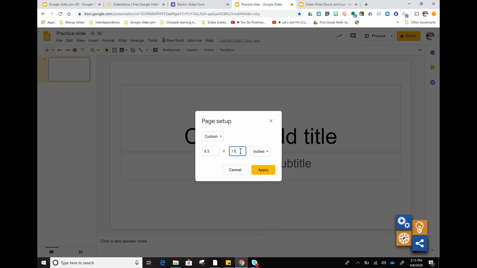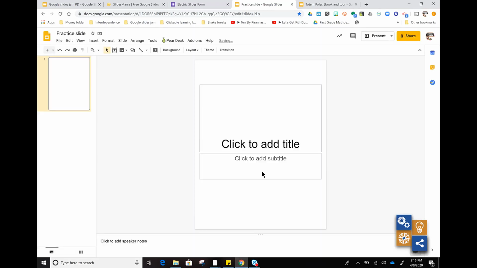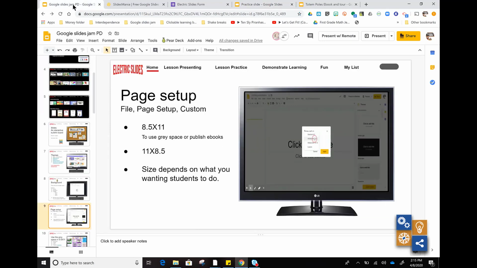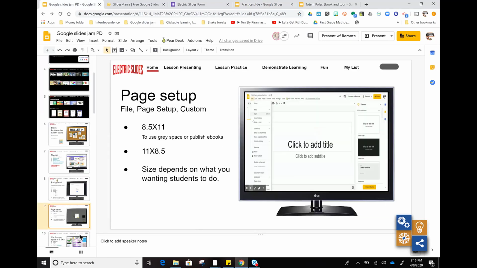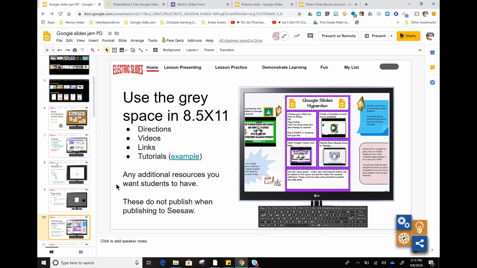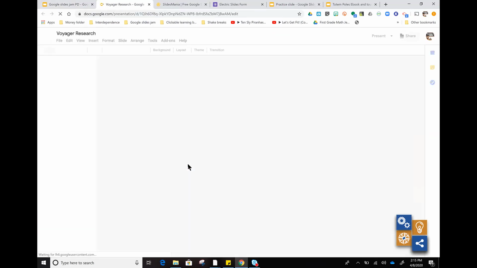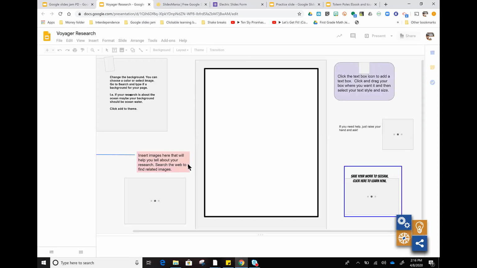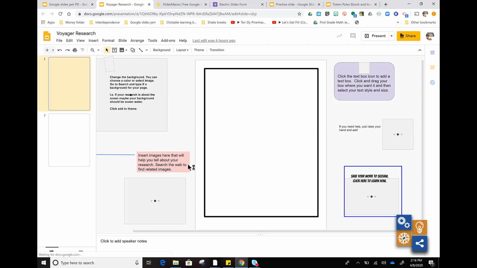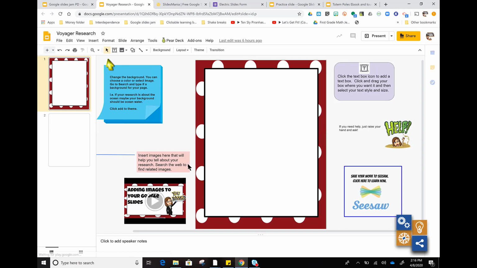And there's a really good reason why I love to use this feature. You'll notice on the sides of my slide there's a lot of space. Well, guess what? You can use that space. So let's hop back over here and take a look at an example of that. The size really depends on what you're wanting to do. But when I use that 8.5 by 11 and I have all that gray space, I have room now to drop supplemental things in there for students. So I can drop directions, I can drop videos, text boxes, images, links, anything that I need students to have